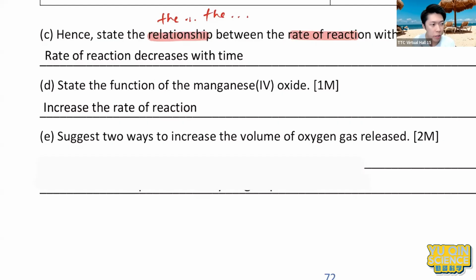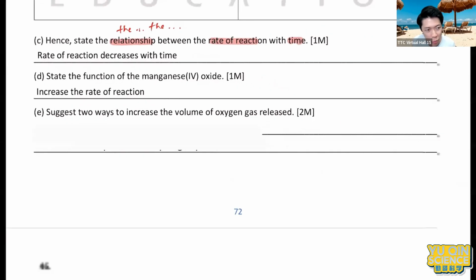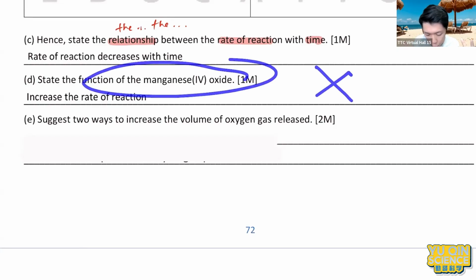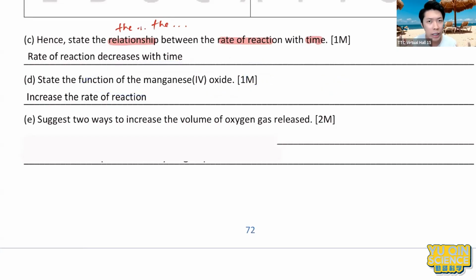Next one, shall we? Suggest 2 ways to increase the volume of oxygen. Means the factor. What factor can help you to increase your rate of reaction? So other than catalyst that we have already, let's not repeat catalyst. Any other factors that you remember can help to increase the rate of reaction? So we have, yes, correct, pressure. We have temperature, and we have